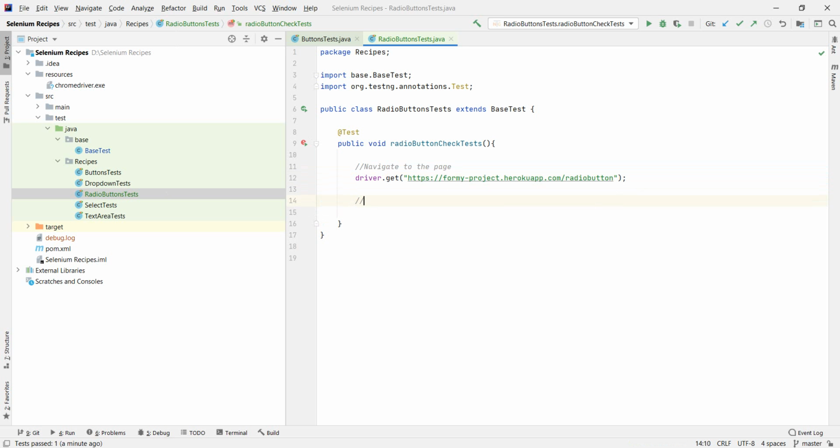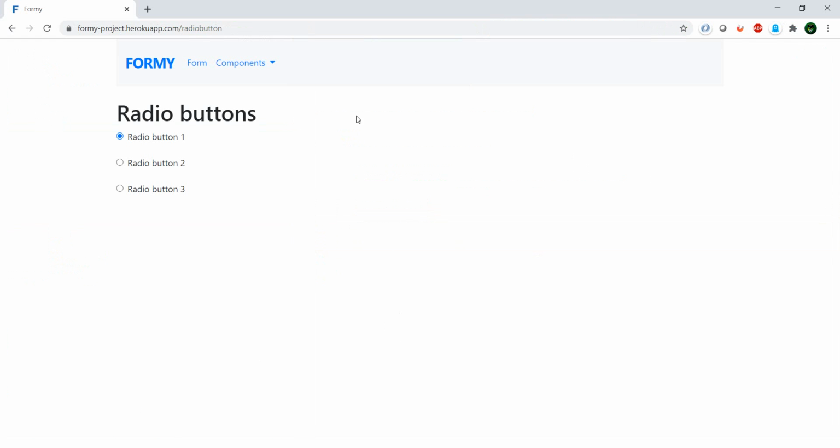So as I said, what we're going to do today is we're going to click or select the radio buttons. And how do we do that? Well, first we need to find the button, then we need to select it, and then we're going to assert that the button is selected. Okay, let's get started. So regarding finding the button,